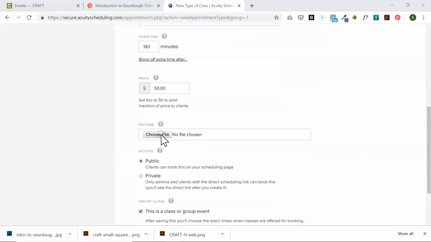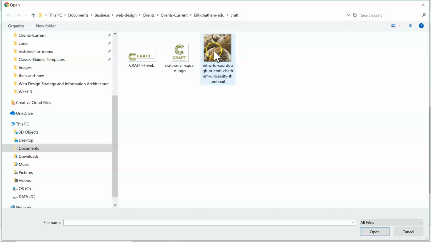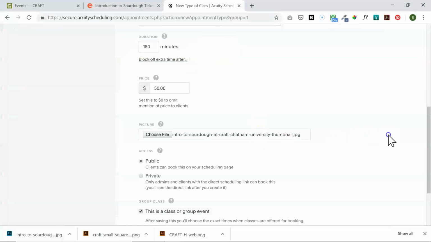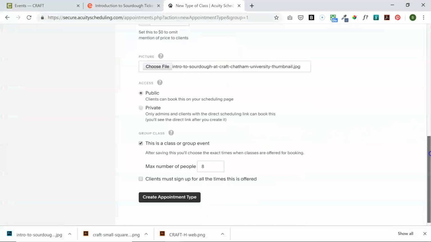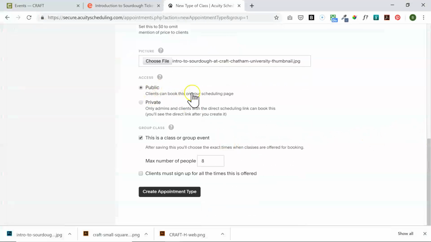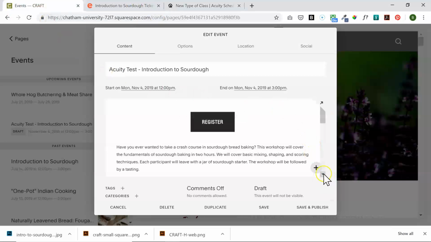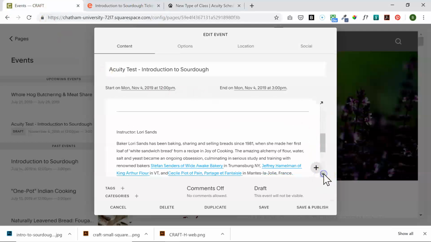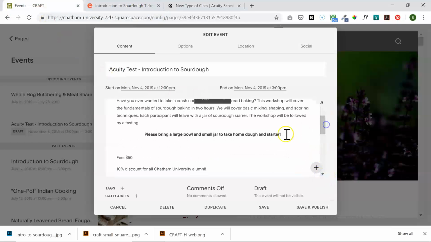And if you wanted to add a picture, I borrowed the picture from your website. And we want this public. We want people to be able to get in here and book it. And this is a class grouper event. And so let's see if I can figure out how many people you're allowing. Oh, you do. Please bring a